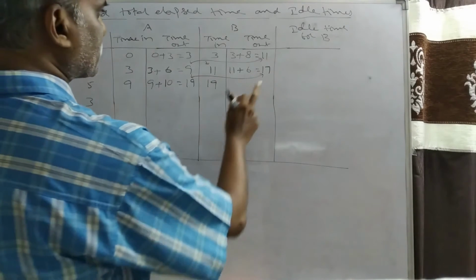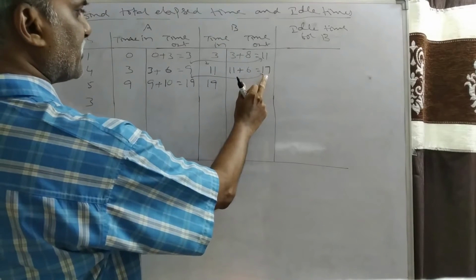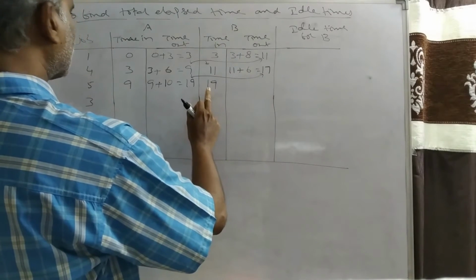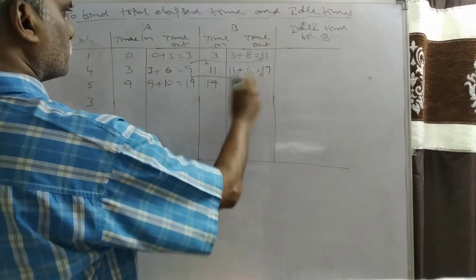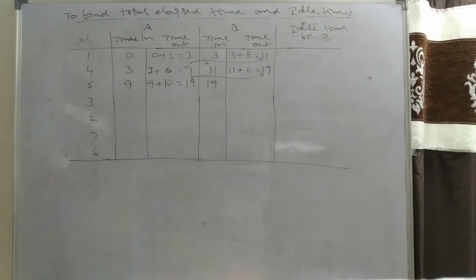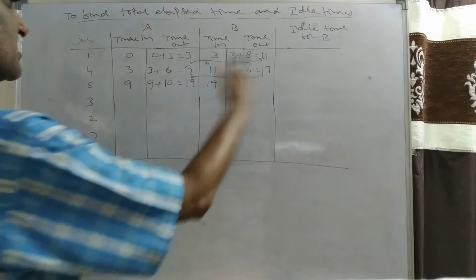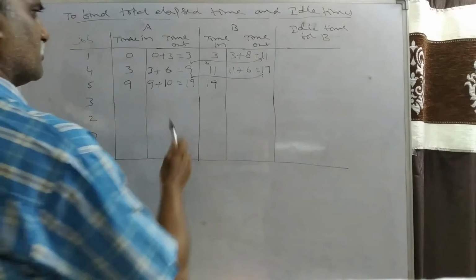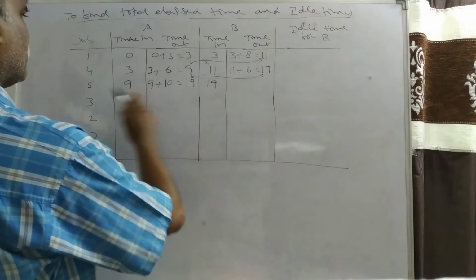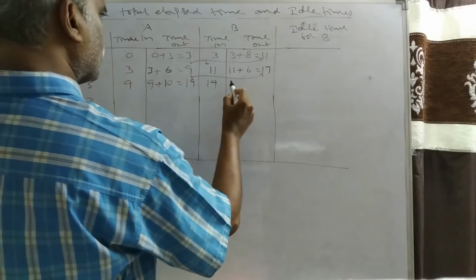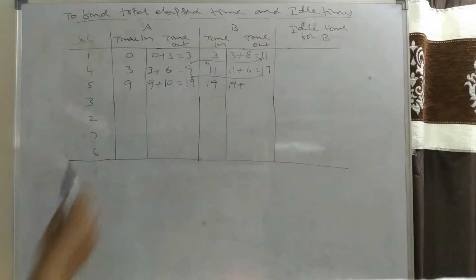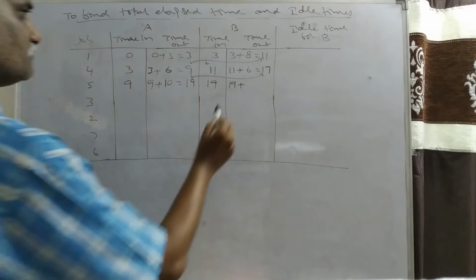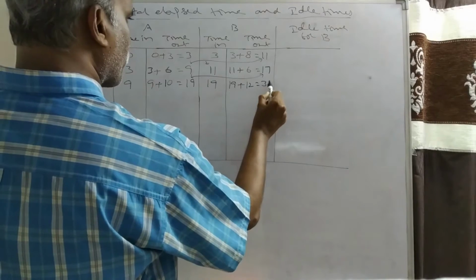So the previous job is completed on machine B at 17 hours. The next job is started at 19 hours. That means 2 hours. For these 2 hours, machine B is idle. Okay. So we calculate that later after completion of the table. So this is the timing for job 5 on machine B. Then time out is 19 plus duration of job 5 on machine B, 12. That is 31.